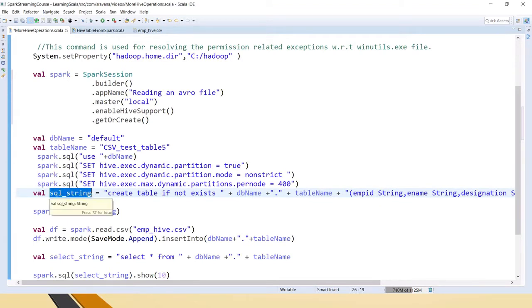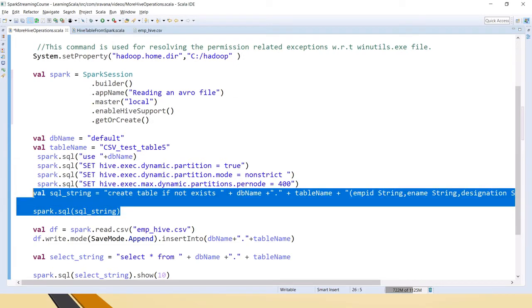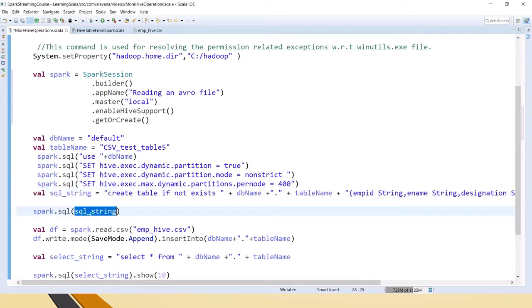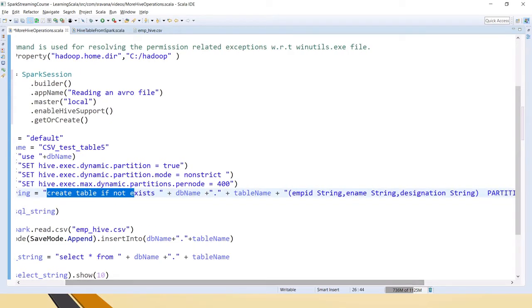SQL string. In this variable I am first making a SQL string, and then I am passing that to this spark.sql. Okay, this is how we should use it in the original code, not in the testing. Not during the testing. And when you are building a real-time project, then you have to use this way. So what will happen is, when you say spark.sql and pass this one, this SQL string will be executed in the cluster, then it will build up at runtime by fetching the required details.